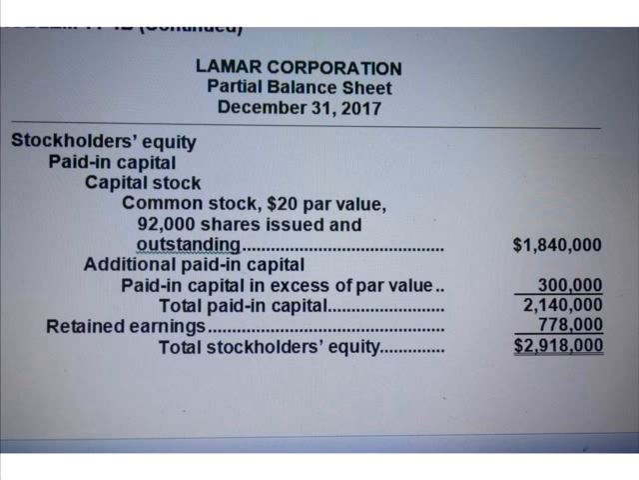For the additional paid-in capital in excess of par, we take the $300,000 balance that we got in the T accounts. We take the common stock plus the additional paid-in capital, add them together. We have total paid-in capital of $2,140,000. Last, we take the retained earnings balance of $778,000, add that to the total paid-in capital, and that gives us total stockholders' equity as of December 31st, 2017 of